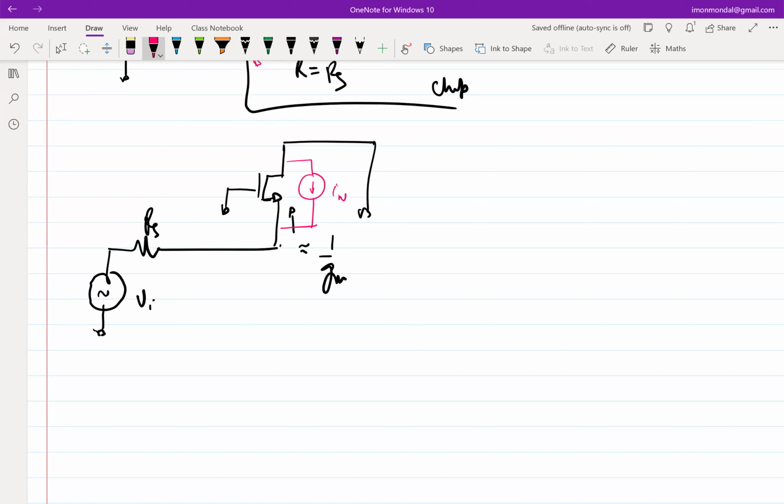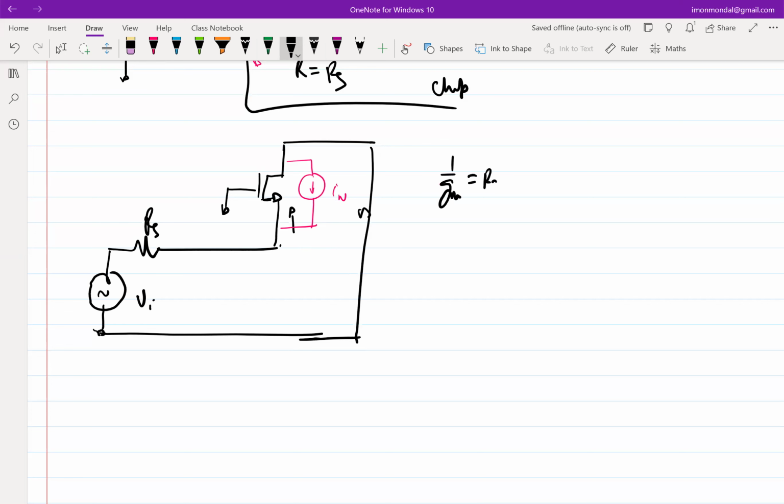What about the noise? I am interested in the short circuit current. So I'm assuming 1 over gm is equal to RS. This is for match. So what will be the effect of noise? So obviously this guy, the current due to, let's say this RS has